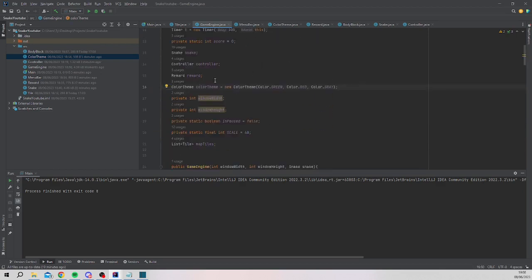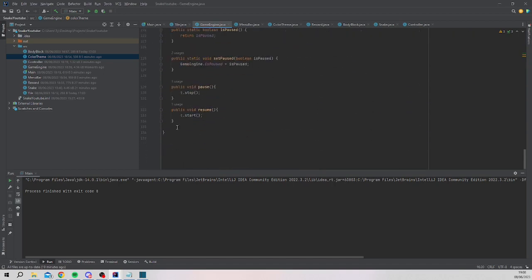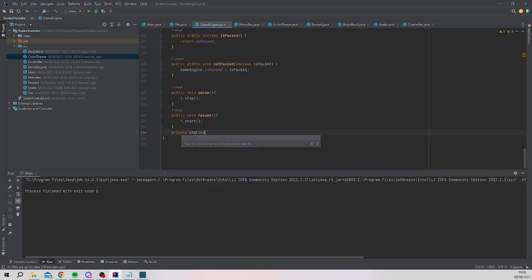This also needs to be private and static, so we can access it from the menu bar. Private static, there we go. Because there's no game engine instance in the menu bar, so we have to do this statically. That's fine though, because it can be something that's static. It's not necessarily that bad in this instance to do that. So if you do private static void